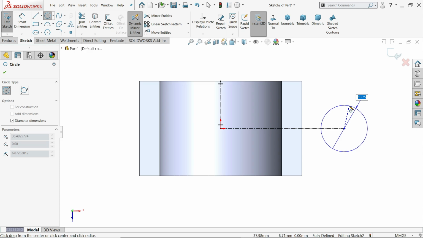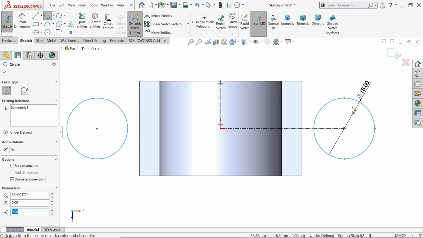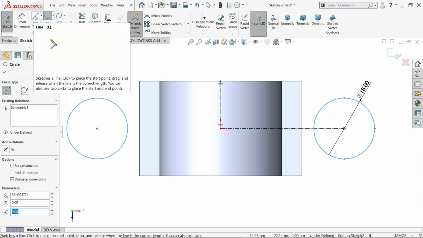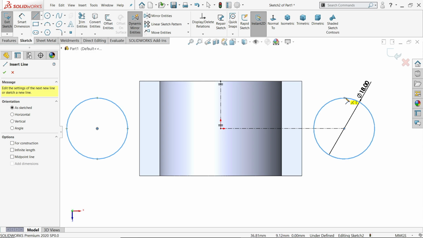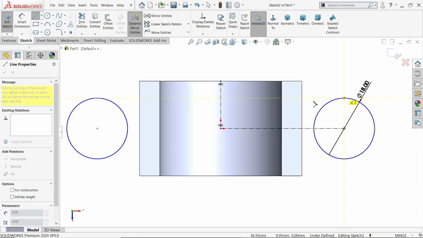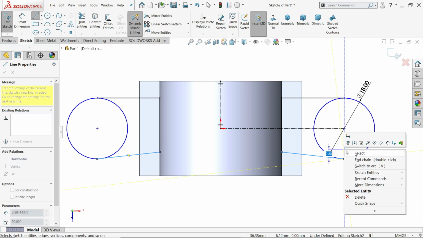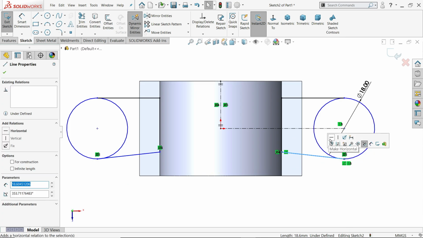R9 means R9 into 2, it's 18 diameter. Now again I am going to activate the line tool and connect from here to this edge, not the outer one, this edge, because this is a curve or circle. Connect this point, click line.